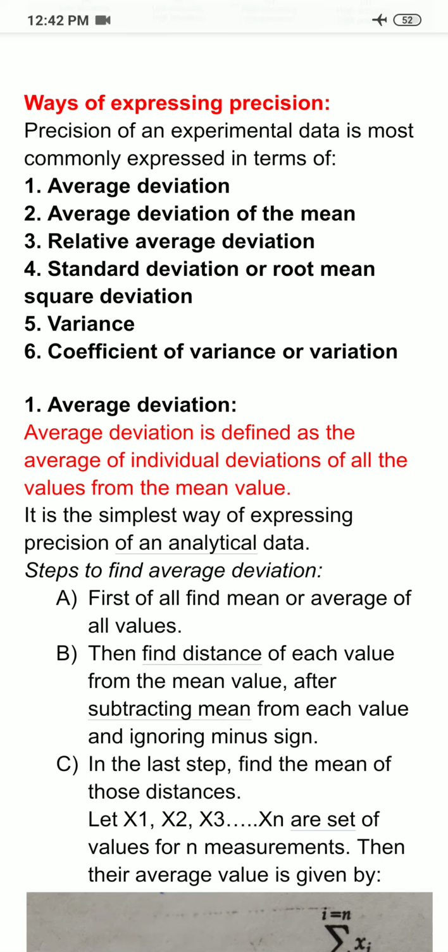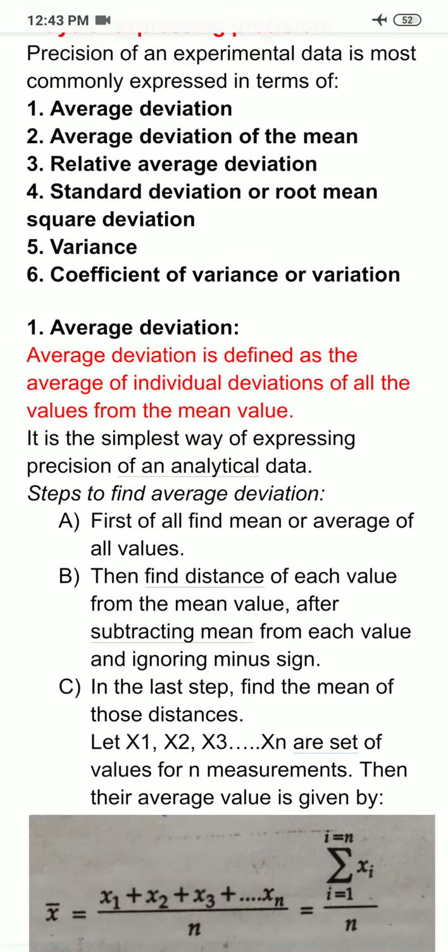So first I am coming to the average deviation. What is average deviation? जैसे आपको नाम से पता चल रहा है, डेविएशन है हमारे पास, पर जितनी भी डेविएशन है उनकी एवरेज है, मतलब जो इंडिविजुअल वैल्यूज़ हैं उनकी मीन वैल्यू से कितनी डेविएशन है उसका एवरेज है ये, दैट इज नोन एज एवरेज डेविएशन. So average deviation is, you can see I have written this in red. Average deviation is defined as the average of individual deviations of all values from the mean values.